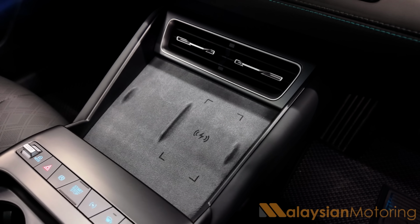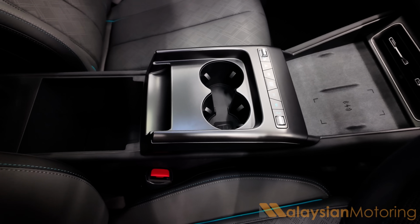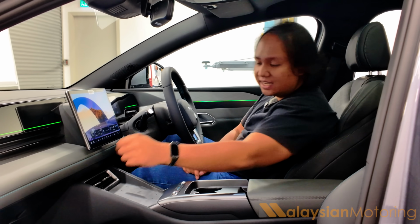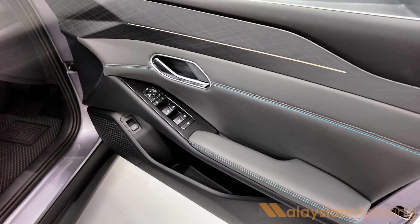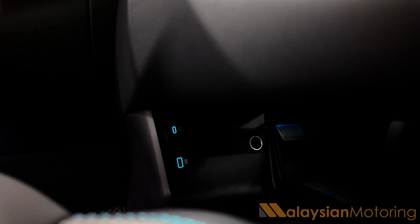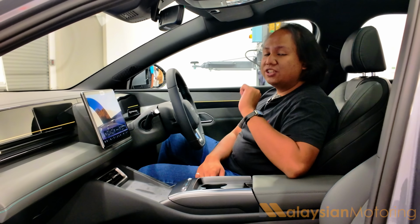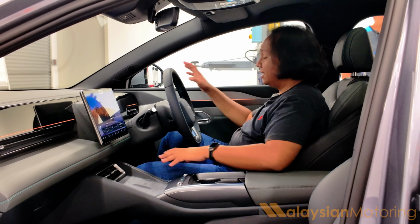Moving further down, there's a 50-watt wireless charger, and that brings us on to practicality. A couple of cup holders here, a decently sized center console bin, a decently sized glove box here as well, unfortunately not lined in felt, and a decently sized door bin, certainly large enough for a 1.5 litre bottle. There's also space underneath the center console for more stuff, but one of the little attention to detail elements in here that I do quite like is the fact that these central vents and the vents on the side are all manual,